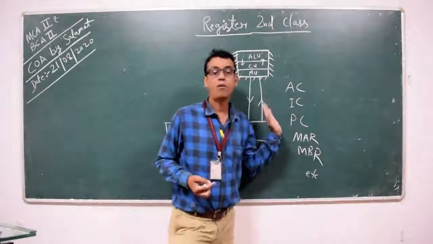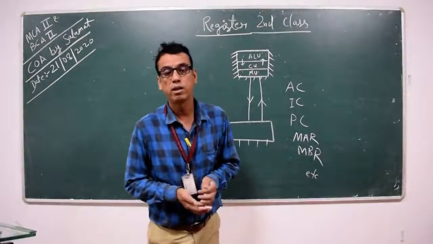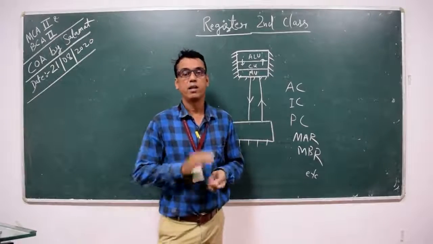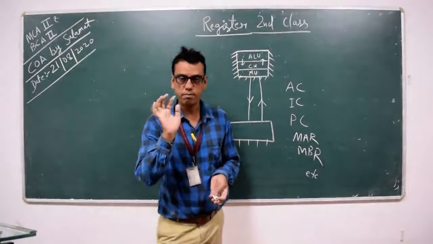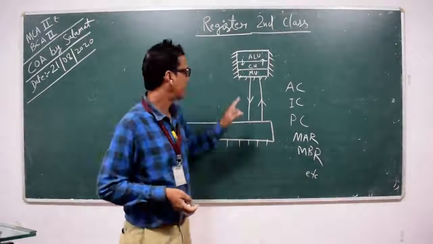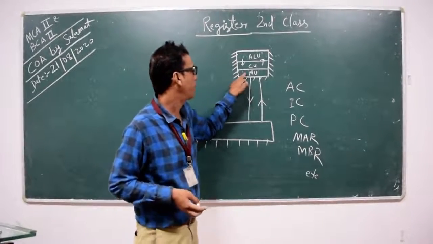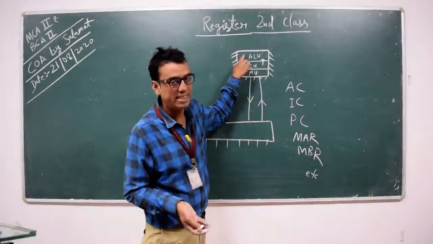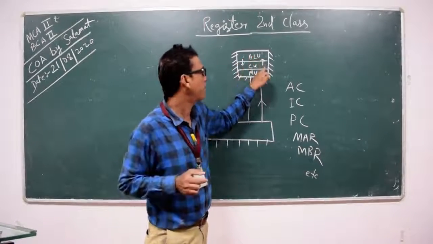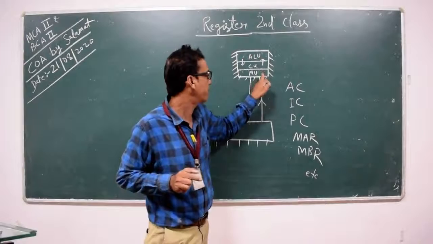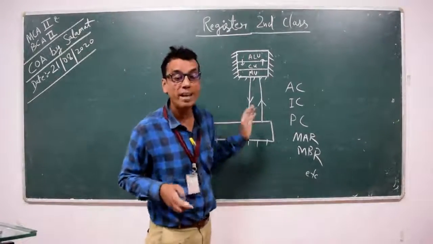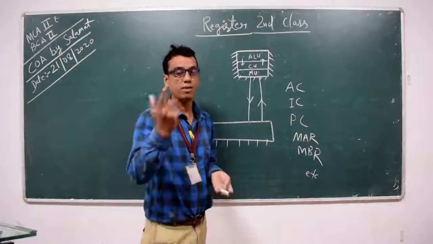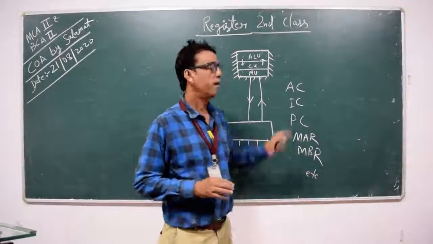I give you the recap of accumulator. Accumulator stores the result of the current processing. When any instruction and data moves from memory unit to CU and CU to ALU, ALU processes it and the result is returned back to CU. If the result is correct, then it comes to MU. Where in MU? In AC, in accumulator. AC stands for accumulator.